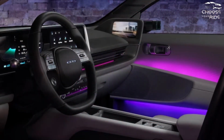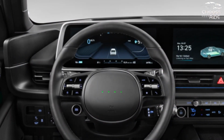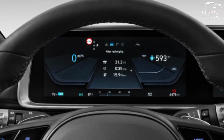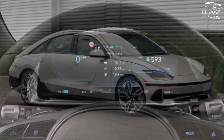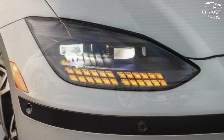With its 350 kW DC fast charging port, it can recharge from 10 to 80% of its maximum battery capacity in just 18 minutes. The same can be accomplished with the larger battery in around 8 hours, using a slower 240-volt home connection. Although it isn't as useful as its hatchback 5 cousin, the IONIQ 6 is comfortable and supportive